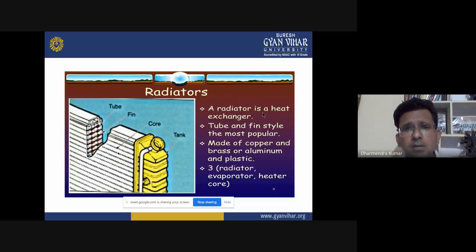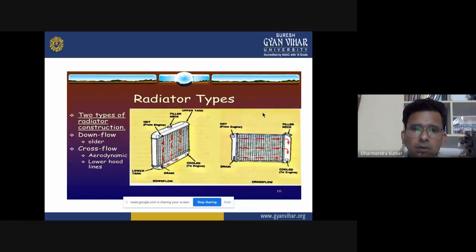Then surely it will be copper. Now the radiator types. There are two types of radiator construction: downflow and crossflow. Downflow is normally used in older designs, a very old design, and the crossflow is